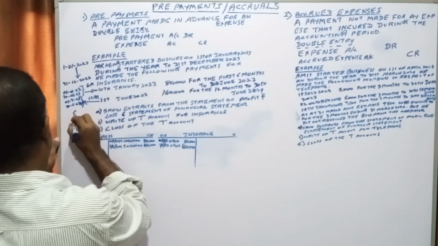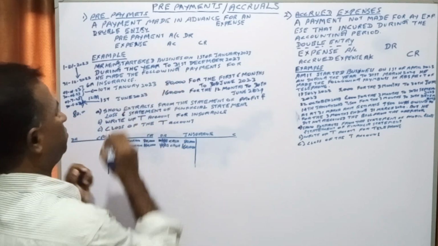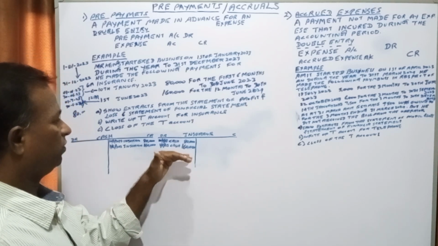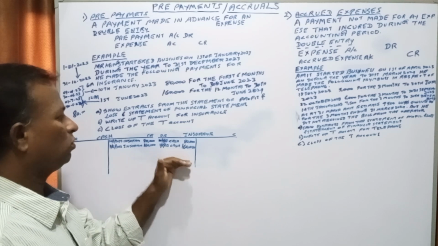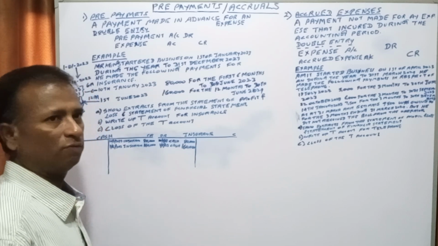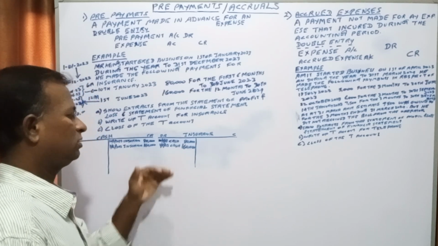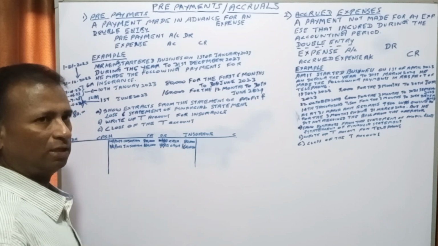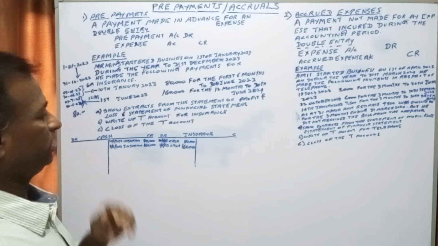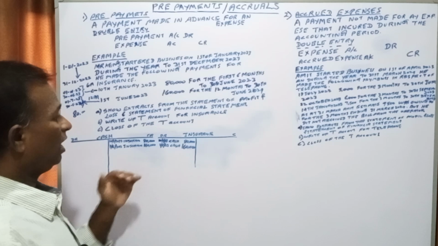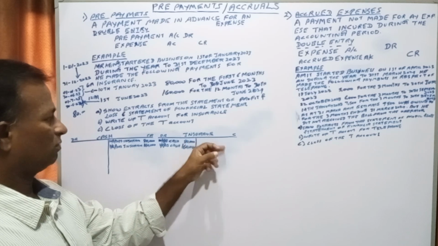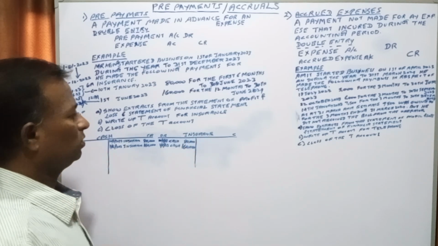It is 80,000. Earlier also we have paid 80,000. So 80,000 of insurance expenses is overstated in this T account. We should not overstate or understate the income accounts or any accounts, and we have to make it on an accrual basis. So we have to remove that 6 months of insurance from this account and transfer it to a prepayments